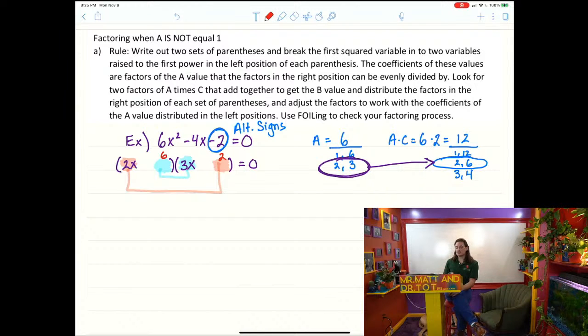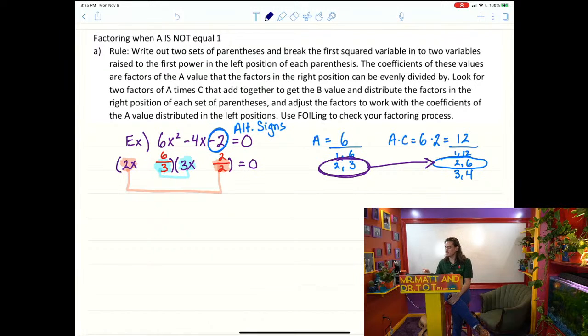Now, each of these values is necessarily off because they're being multiplied by an additional value, since unto themselves they multiply into 12 and add into negative 4. So now we're increasing 6 by a factor of 3 and we're increasing 2 by a factor of 2. So you have to massage that difference away by reducing the factors by the coefficients that they're going to be multiplied by. So this is going to reduce,